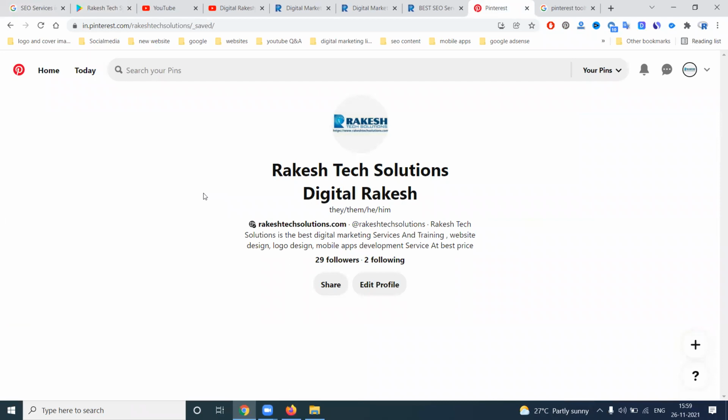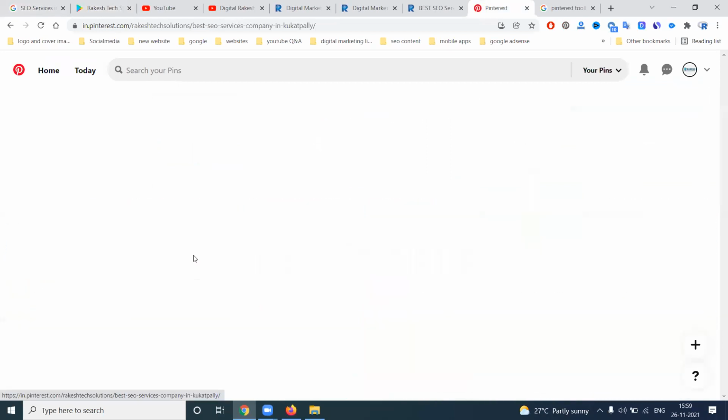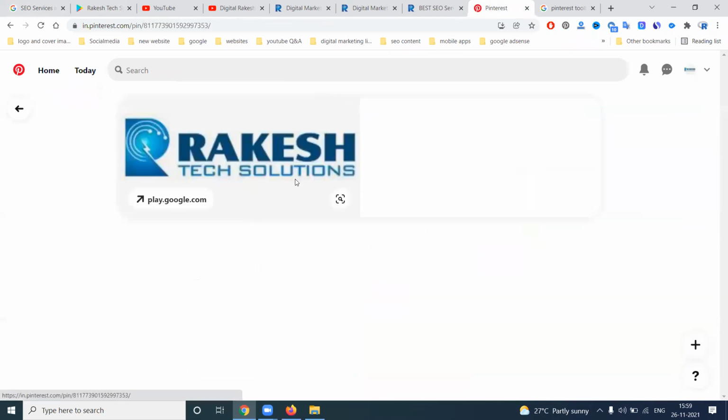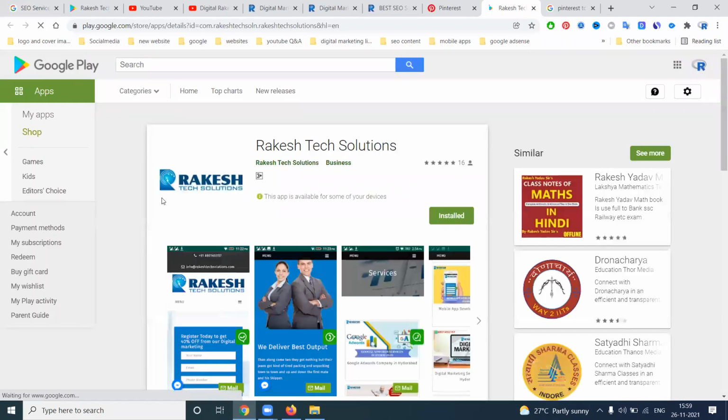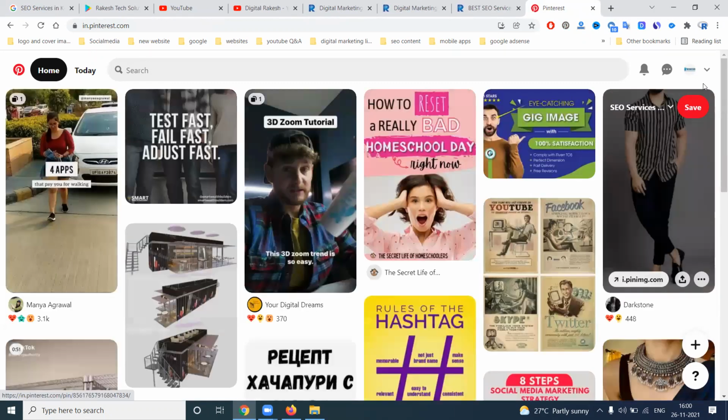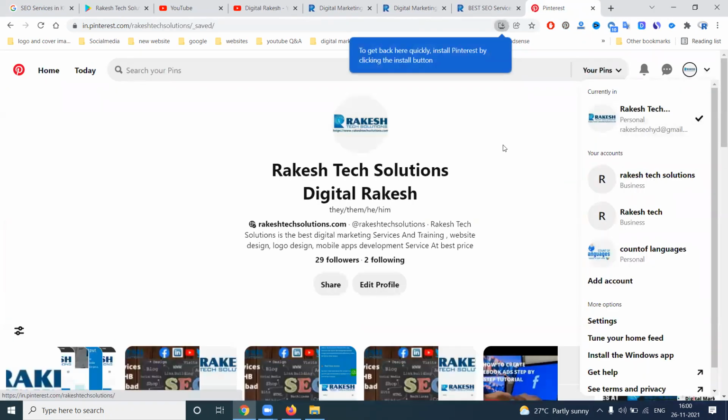So one application you can use is promoting more and more keywords. Who will read all those keywords? All those keywords will be written for your particular option, called Pinterest. When people click here, for example "best SEO company in Kukatpally", they open our pins. When they click here, they go to your Play Store application. That is called your app backlink. A mobile app strong backlink is given by the Pinterest website. Most of the people use the Pinterest website to generate mobile views and get traffic.